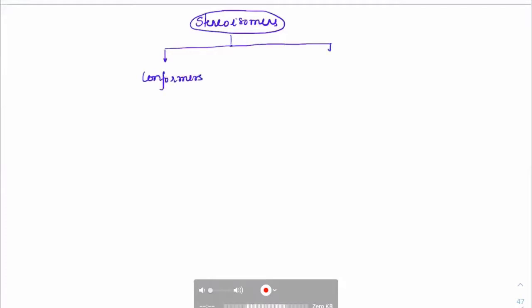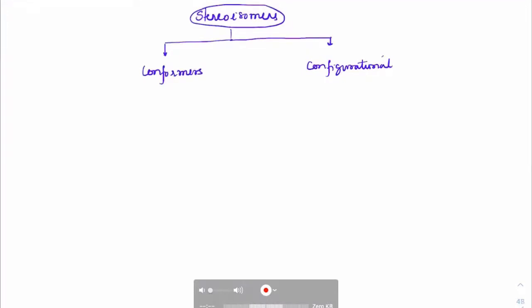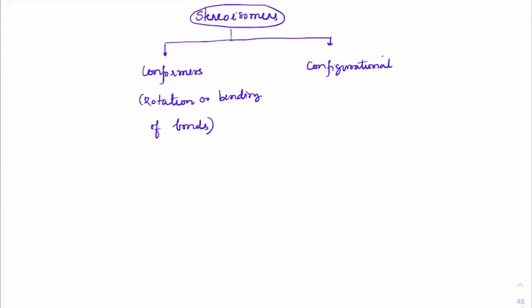Let us repeat where we were discussing with stereoisomers. Stereoisomers were categorized into two forms, if you just recall. One was conformers, the other one was configurational. Conformation we have studied, where we have only rotation or bending of bonds. With respect to any single bonds, we used to rotate this, and based on that, we used to get different conformations. In configurational, we will break and make the bonds,